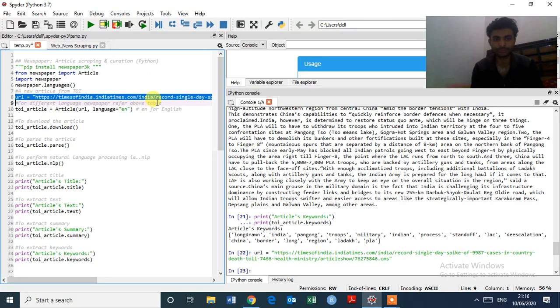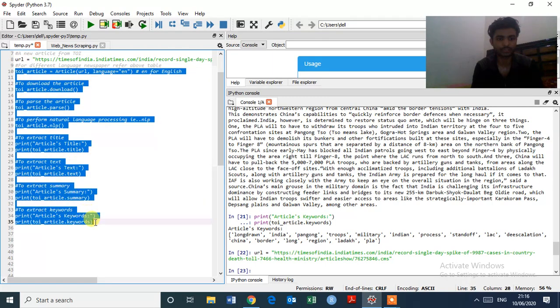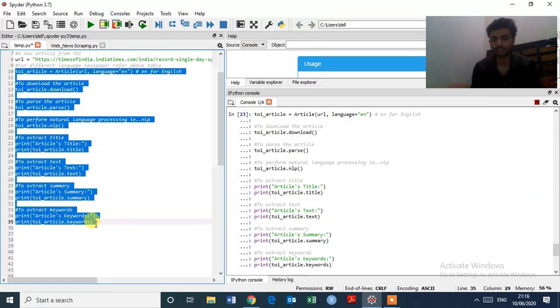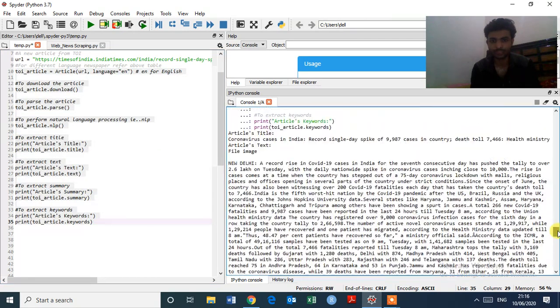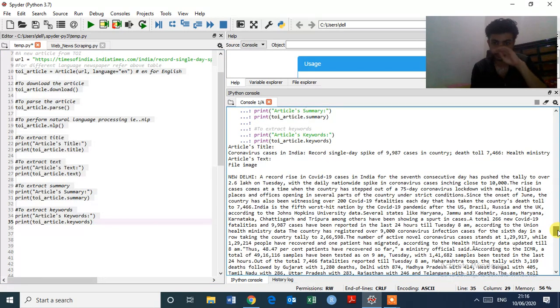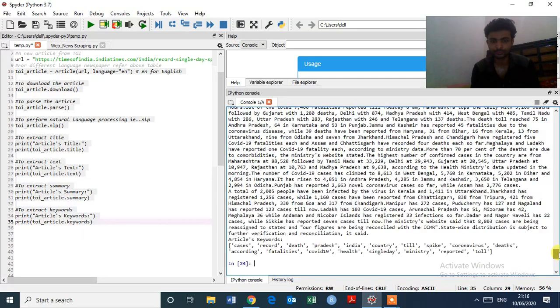Control Enter to execute. Okay, it's executed successfully, and now you can select all and Command Control Enter to execute. Okay, it's executed successfully. Here you can see the articles on the COVID-19 cases in India. This is the latest news of the TOI.